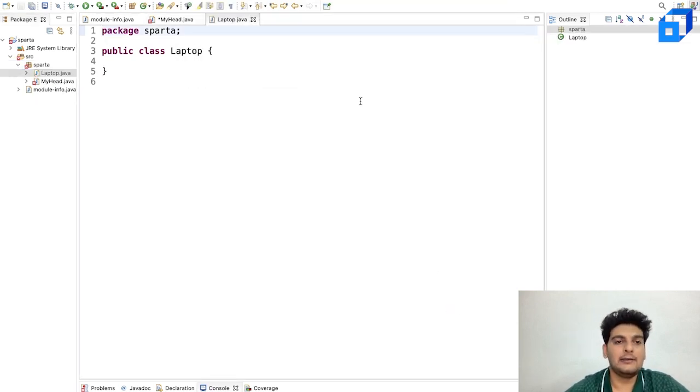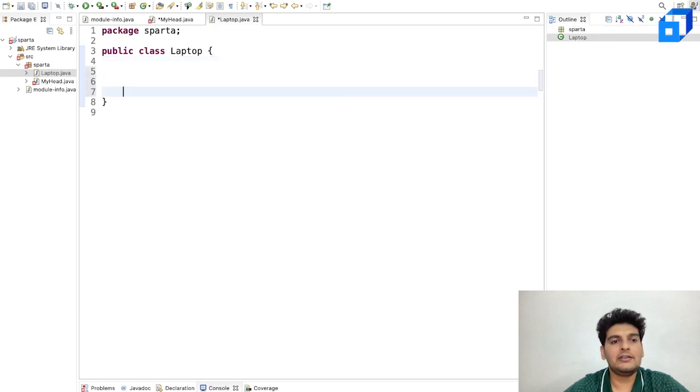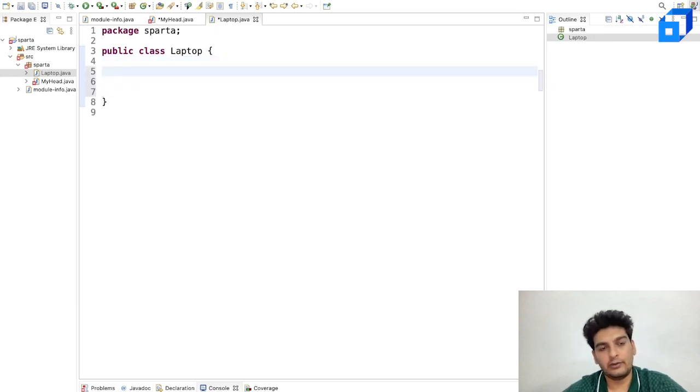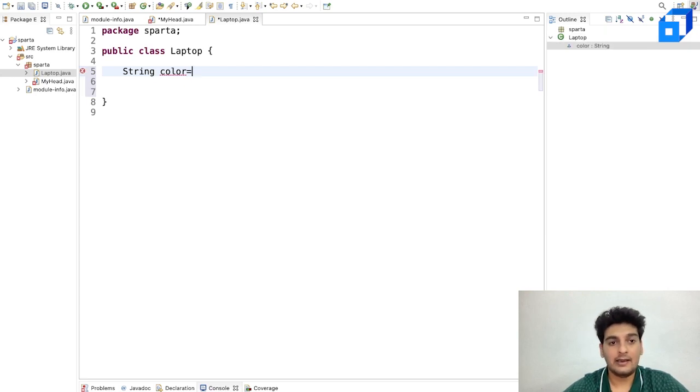So I've got this class and I'll just add some properties over here. One would be the color of the laptop. So I'll have string color, and let me assign a color to this as well.